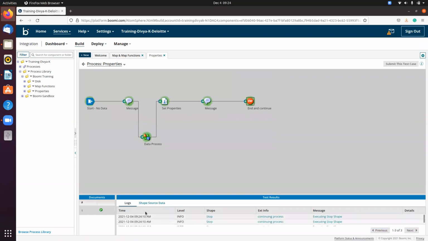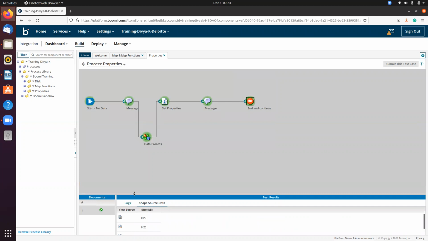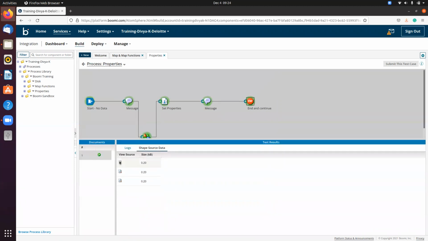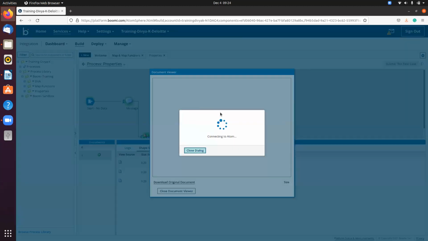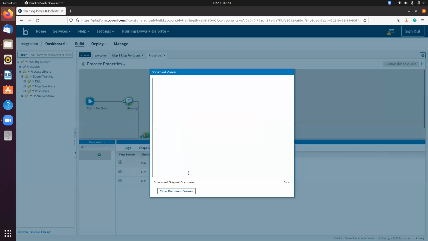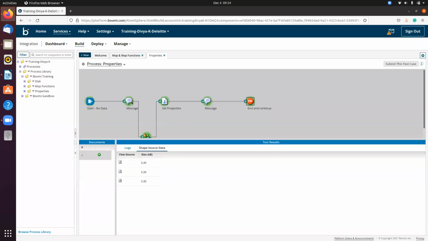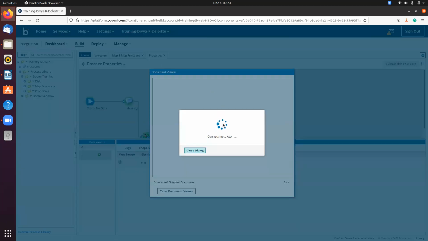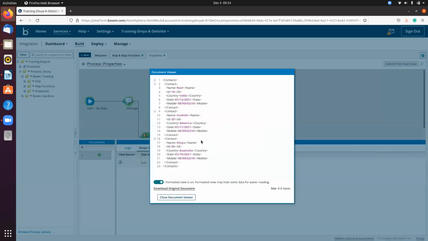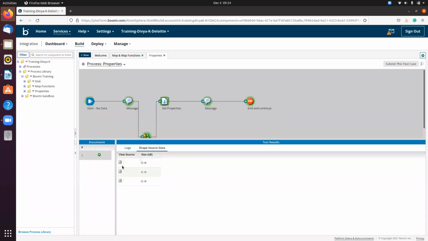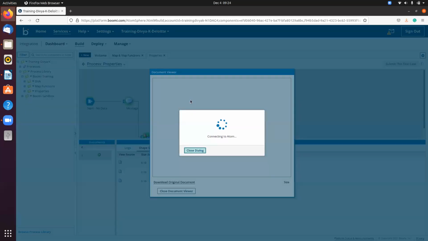So see now. See here now, before going there, how many records are we having? We are getting a single record from the source message. We are getting a single document which contains 3 records. Ravi is one record, Snehit and Divya. And after that you can see